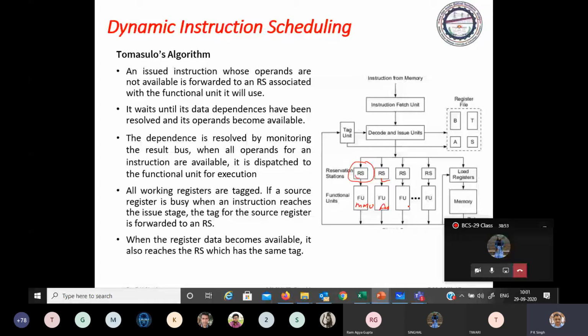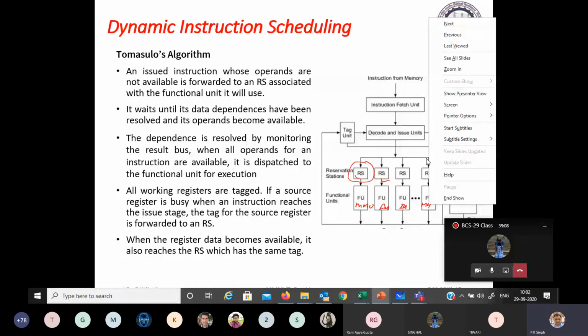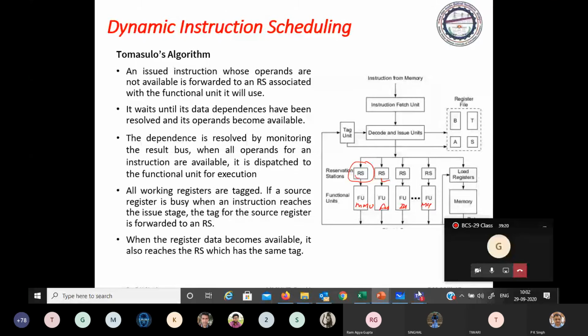Memory unit means responsible for doing load and store operation to the memory. Okay, here from here you have to perform the internal data forwarding. Okay, now